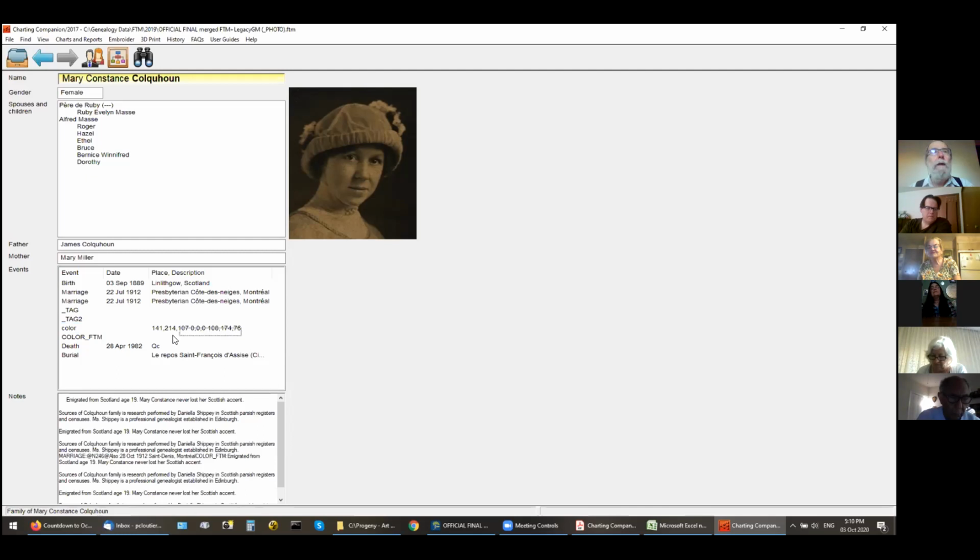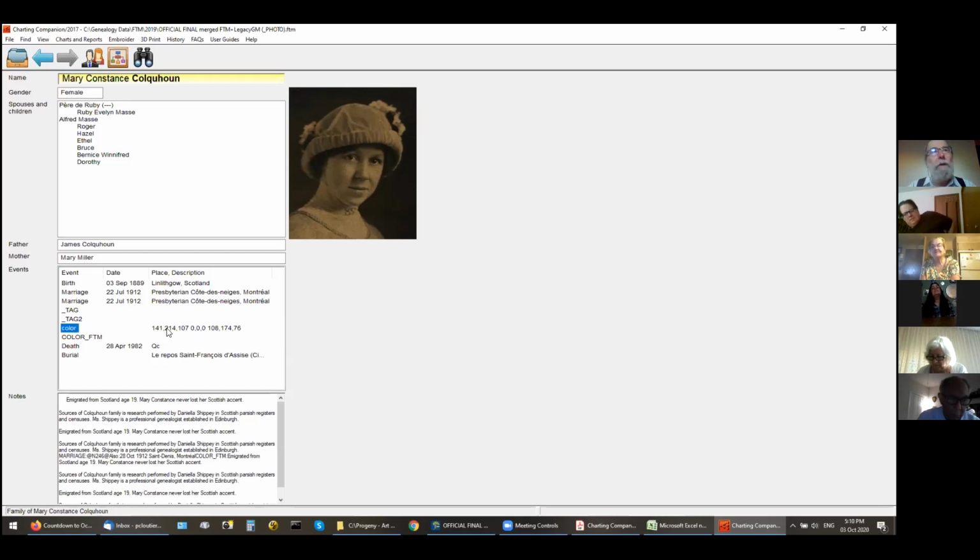And then in the places where you would normally have a place for an event, what you do is you enter 3 colors. The color of the background fill, the color of the text, and the color of the border. So when you generate a genealogy chart, Charting Companion will color it based on the colors you've assigned to the